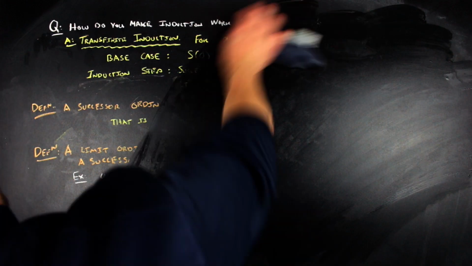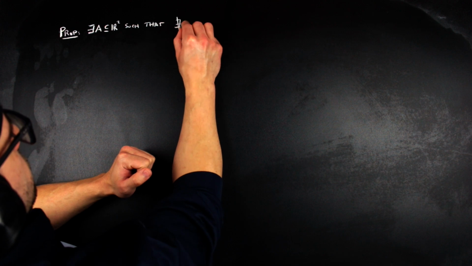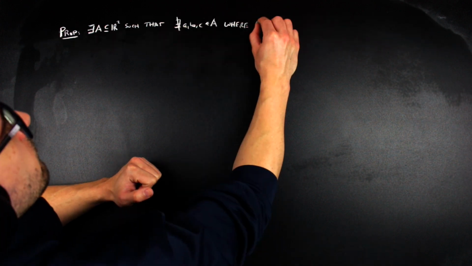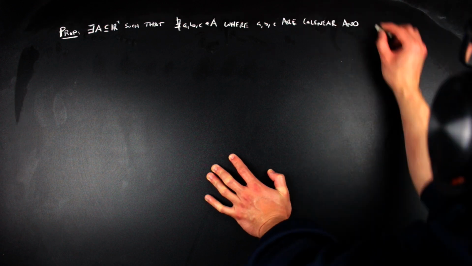But anyway, let's go ahead and continue with this kind of silly thing, just to give you an idea of what the structure of these things look like. All right, so just to go back to the proposition one more time before we start the proof. The proposition says that there exists a set A, a subset of R squared, which is just the plane, such that there's no 3 points A, B, and C in A where A, B, and C are all collinear,